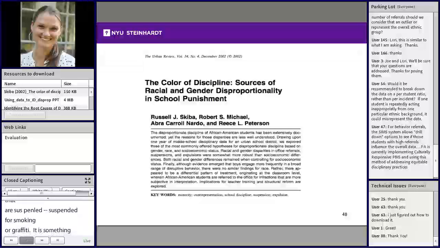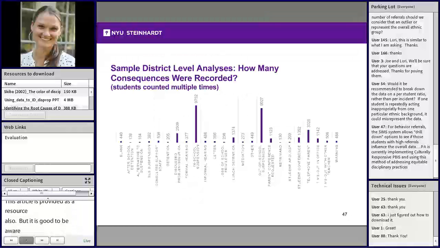That's something you can clearly see, and it parallels the literature that's also on classification and placement. Like, if you can clearly see a disability, or you can clearly see that there has been some kind of school rule broken, those outcomes tend to be along one racial category versus the more subjective, which tend to be along Black and Latino students. So this article is provided as a resource also, but it's just good to be aware when you're breaking down your data and you're thinking about it,